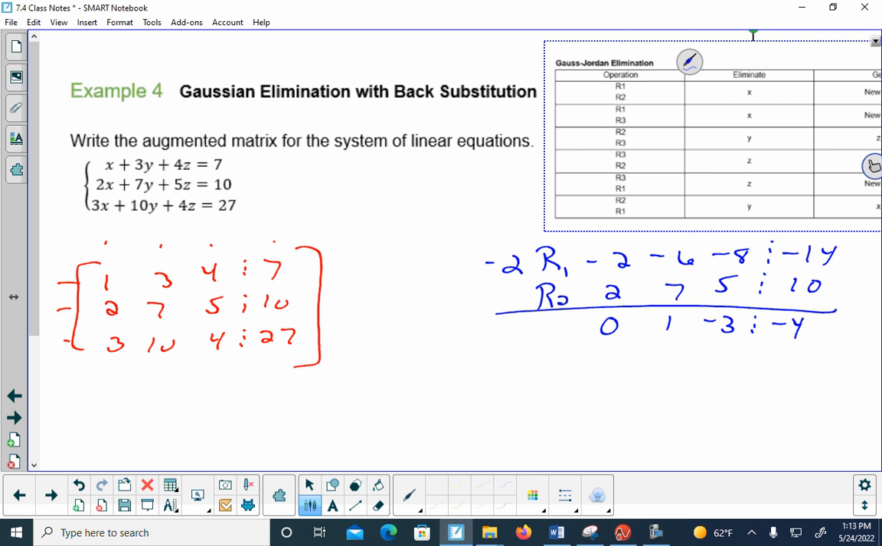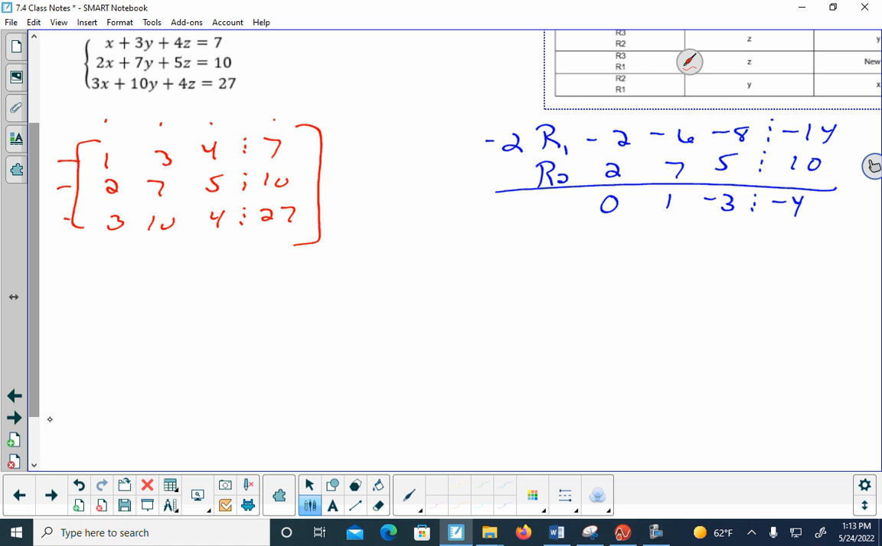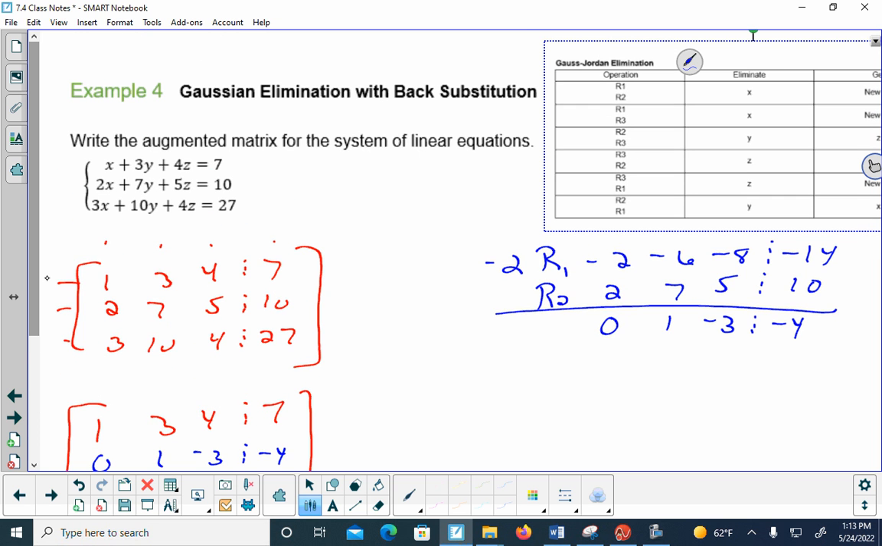And what I'm going to do is, and I might want to break this. So row 1 hasn't changed at all. And then this is going to be my new row 2: 0, 1, -3, -4. And then for my new row 3, I'm going to go back to this pattern, which says I'm going to do row 1 and row 3 to eliminate the x. So I'm going to multiply row 1 by a